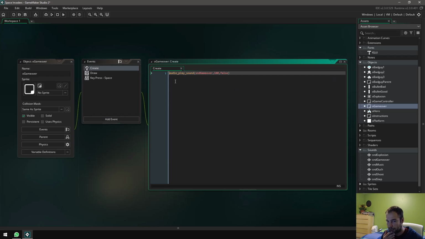This is the one where you play the game over sound. So it's the same code as from the hero. You go audio, play sound. This time we're using the game over sound, setting the priority to 100 and setting it to false, so it does not repeat. So the create event happens when an object is created first time into the game, and every